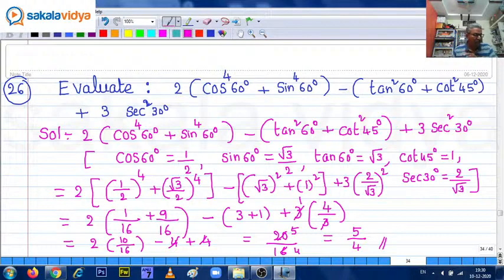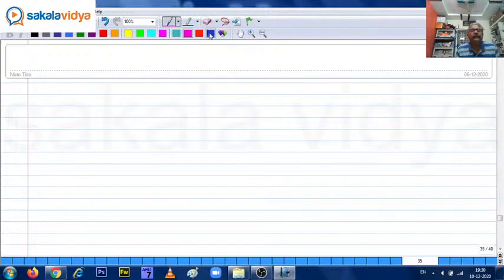So now I shall move to the set 3 problems today, new problems. Set 3. First question, evaluate